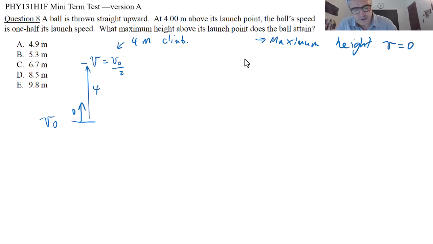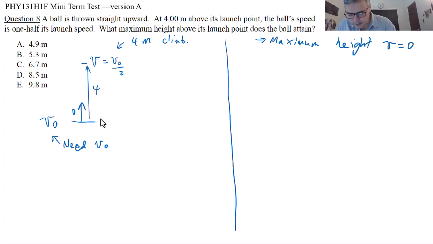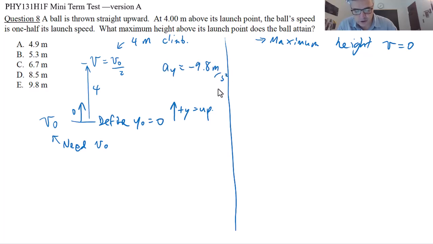So I think I'm going to split this into two. I'm going to try to find its initial speed, v0, and then we can plug that in to here. So what I'll do is define y0 equals 0, plus y is up, I guess the easiest thing for this problem, so that now a sub y, the acceleration, is negative 9.8 meters per second squared. It's negative g. And we know it goes 4 meters, so y here is equal to 4 meters. And it seems we don't care about time in this question. So that means we use equation